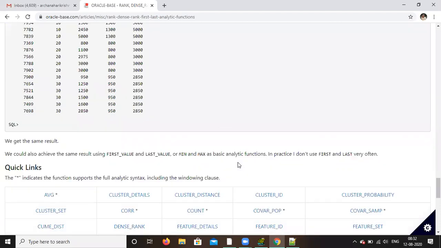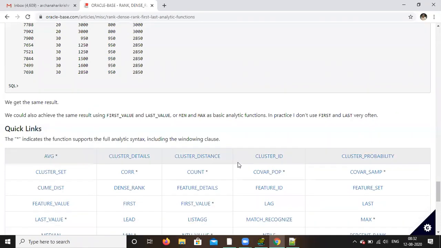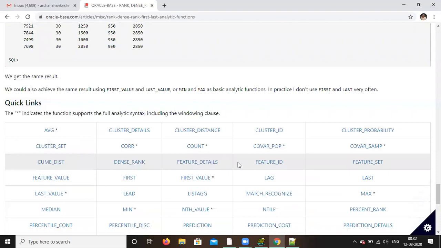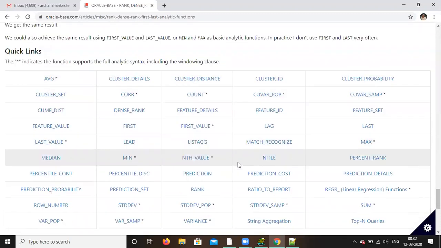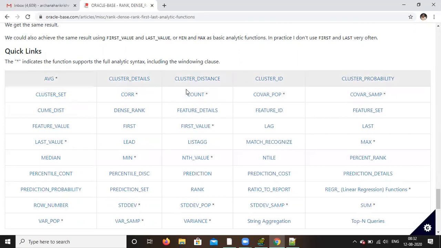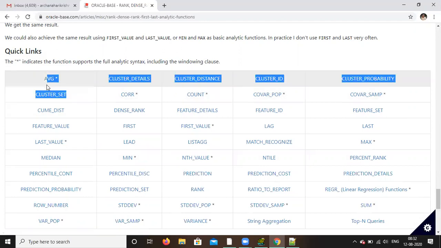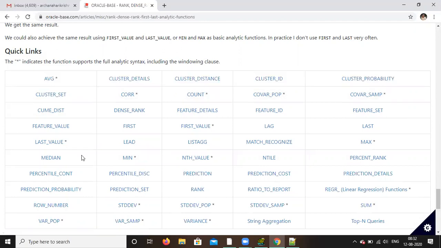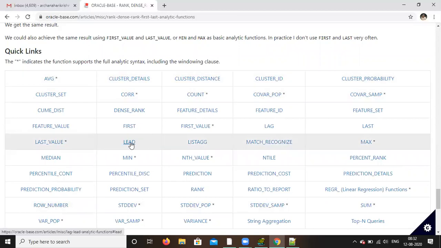Okay, so first and last we understood. Now here, if you see, so many are there. But one second, here the one more thing we need, that is nothing but your lead and lag. Okay, see, these are all what we can say, analytical functions. So mostly we have used these 4, 5 basically that we'll go through. Now go to the lead. Lead is there. Second column, that one.